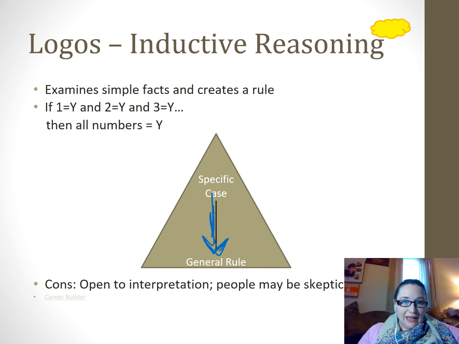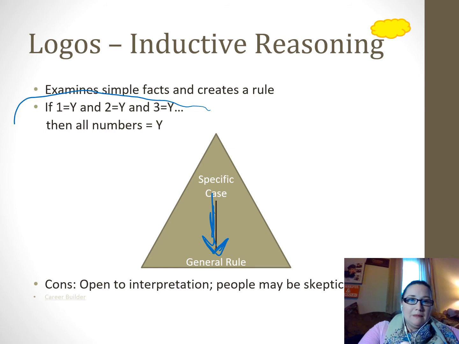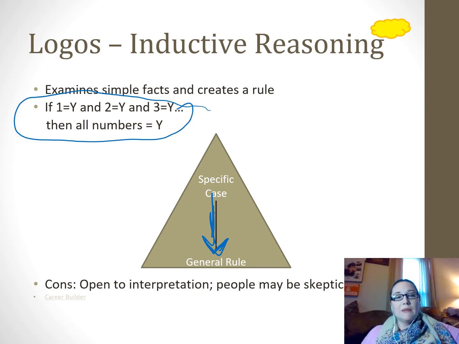If we want to think about that in math terms, that's the assumption that if 1 equals y and 2 equals y and 3 equals y, then we guess that all numbers equal y. I have here cons that it can be open to interpretation and people could be skeptical